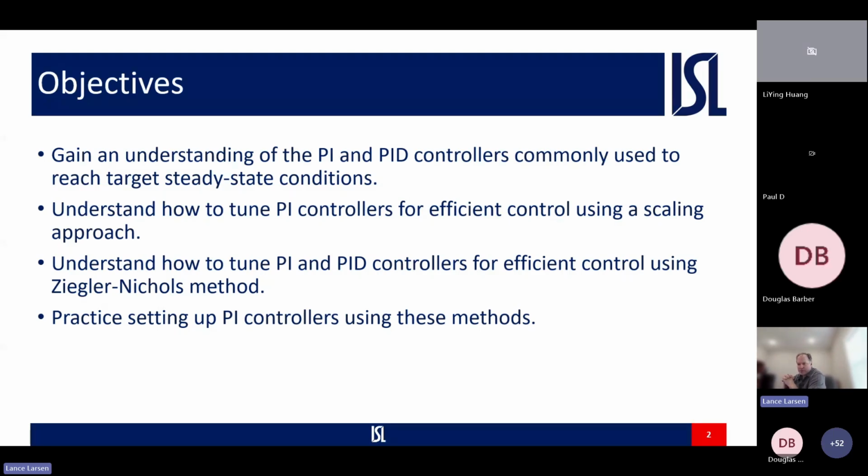I know when I started, we would do that by hand, and it would take a long time to get it adjusted to the right conditions for your system. So we want to understand how to tune PI controllers for efficient control using a scaling approach. We'll also show you how to tune a controller using a Ziegler-Nichols method,